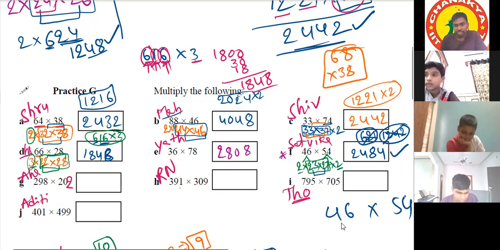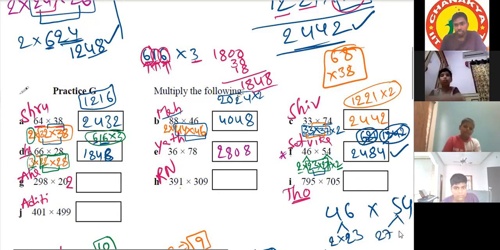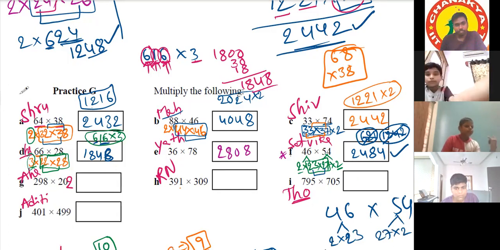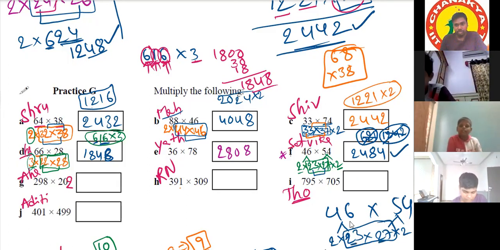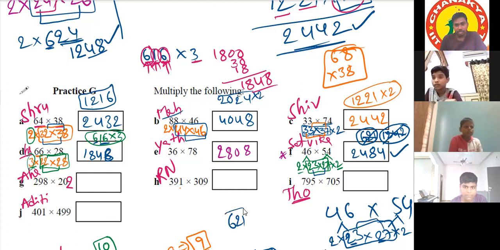Here I am writing 46 like 2 into 23. Correct? Yes, sir. And I am writing 54 like 27 twos. First I am doing this multiplication because we can apply our shortcut. Units place is adding to 10 and tens place remaining number same. The common number, 2, I am multiplying with the next numbers. 2 3s are 6, and 3 7s are 21. 621 is the middle product.